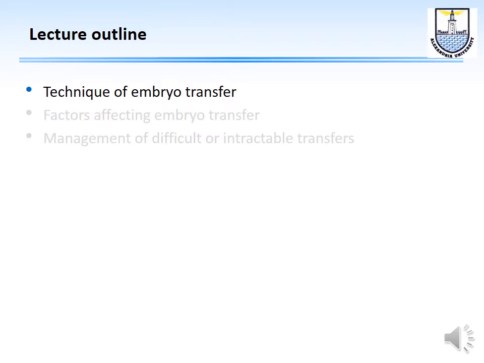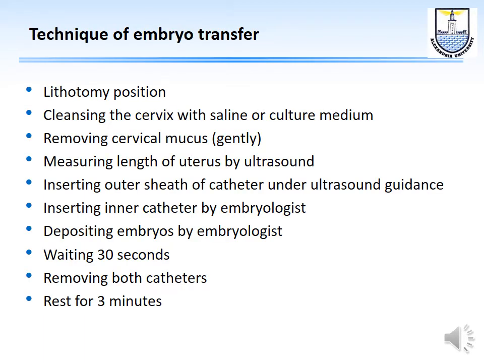So, how do we do the embryo transfer? Well, usually we put the patient in a lithotomy position. We cleanse the cervix with saline or any culture medium with the proper osmolarity and pH. We remove the cervical mucus gently, in a manner not to injure the cervix or cause bleeding. We measure the length of the uterus by ultrasound, although we could have done this before. We insert the outer teeth of the catheter under ultrasound guidance,